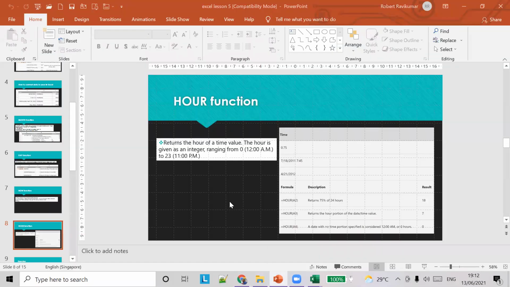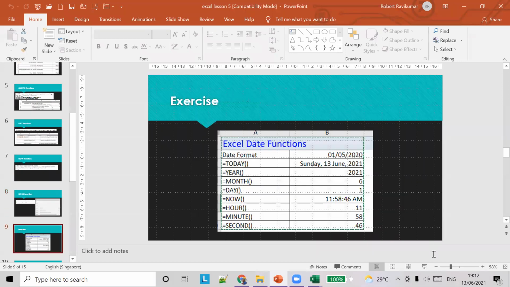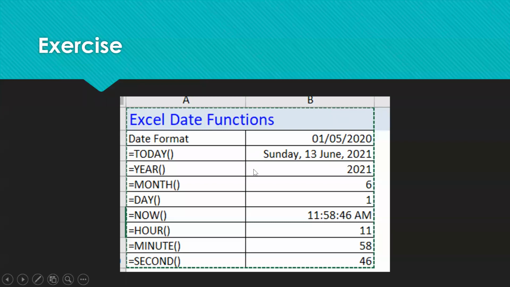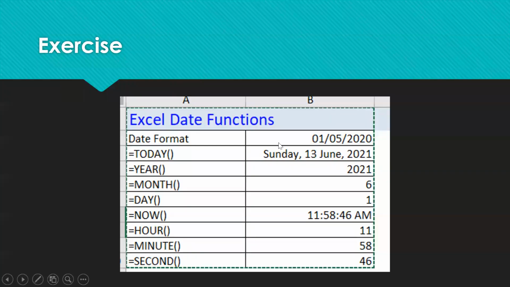So let's do a simple example. I'll give you time and you guys do it. I want you guys to find this function. So you have to find everything. You have to first type in a date here and use all these functions to find the appropriate hours, minutes, seconds, day and year. I'll give you 7:25.